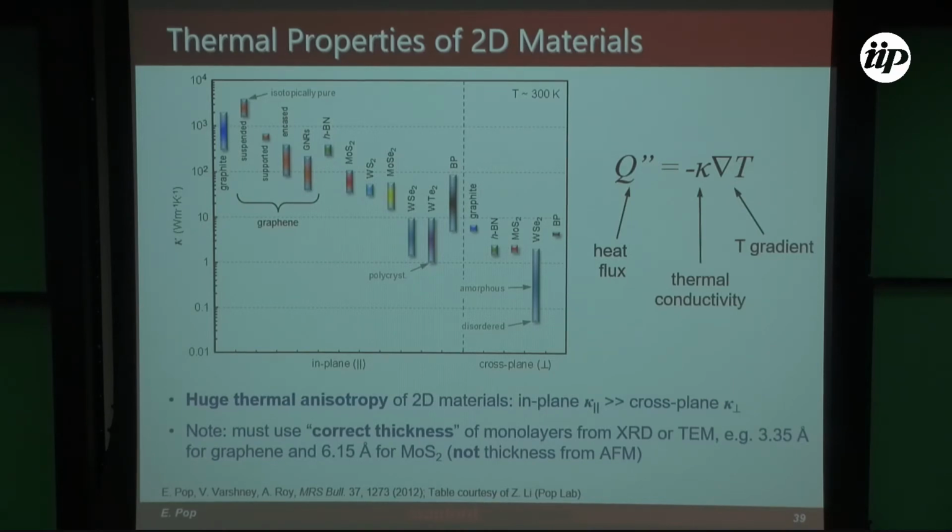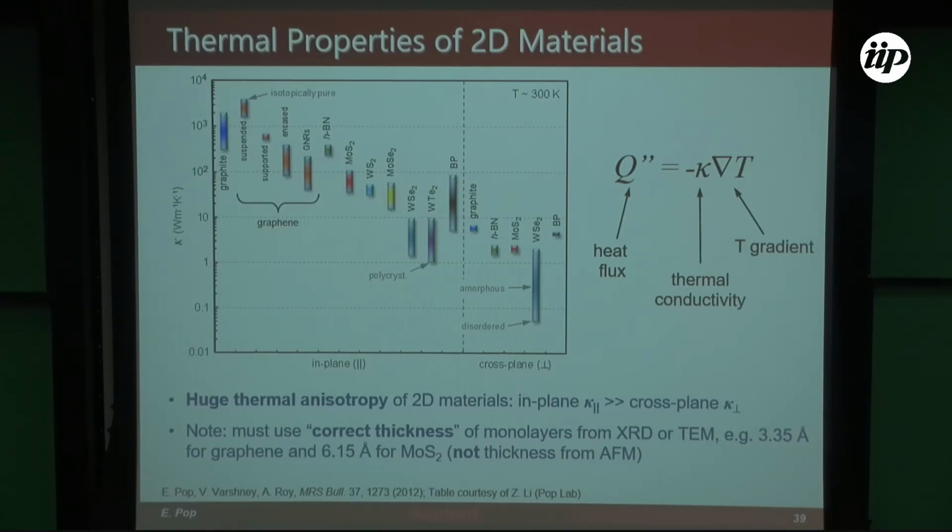I think I showed a version of the slide too. This is really just ordering some of the 2D materials that we know by in-plane and out-of-plane thermal conductivity. Clearly, boron nitride's up there, graphene, graphite is up there somewhere. And then out-of-plane, they all look pretty bad because you have the weak van der Waals forces, right? And this is the main take-home message for now. There's a huge thermal anisotropy of 2D materials between the in-plane and the out-of-plane thermal conductivity by factors of hundreds